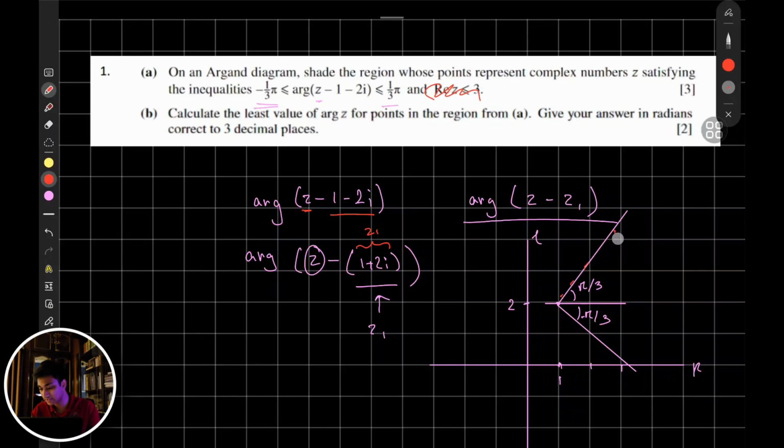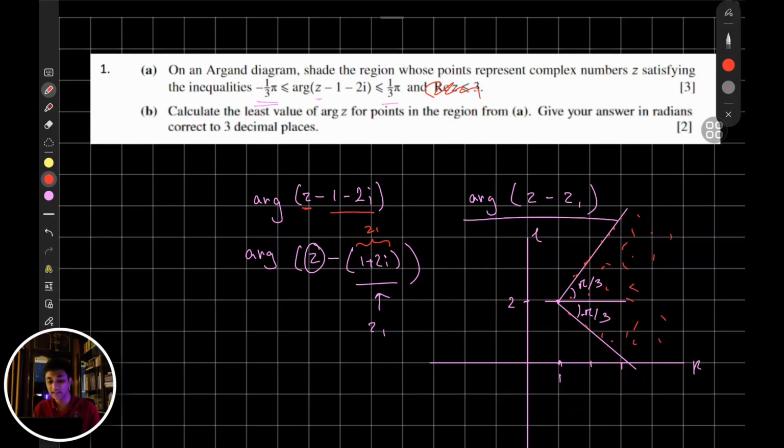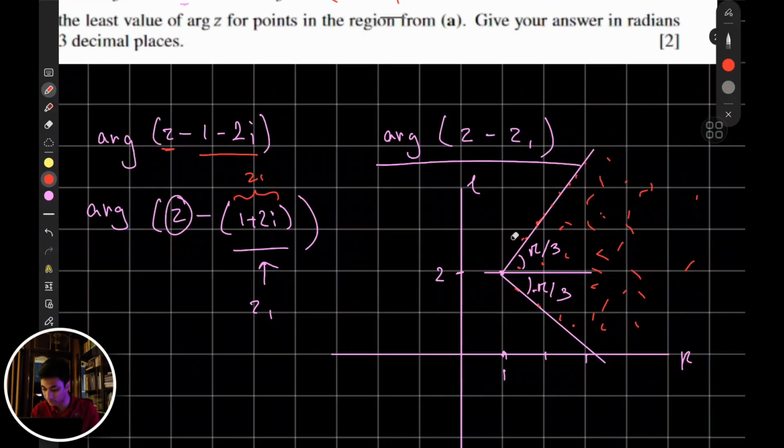This means that z, an unknown complex number, can lie on this point, on this line, or in between, anywhere. They've just given you a limit where z can lie. That is also why they tell you on an Argand diagram, shade the region whose points represent the complex number z. So z can be anywhere in here. So if you do understand that,